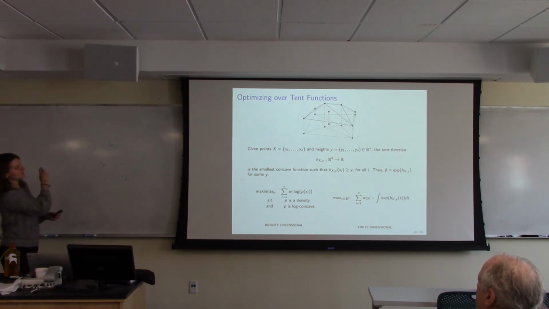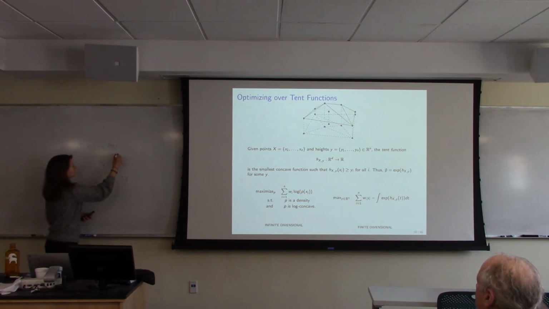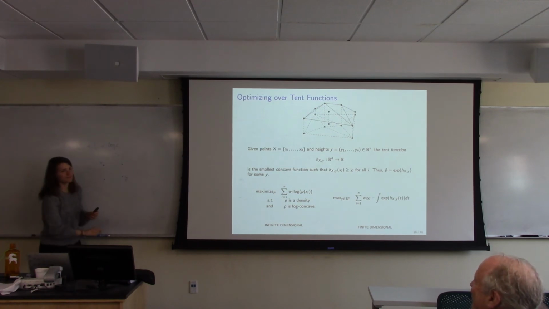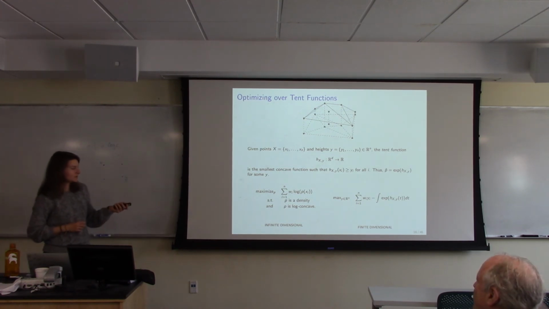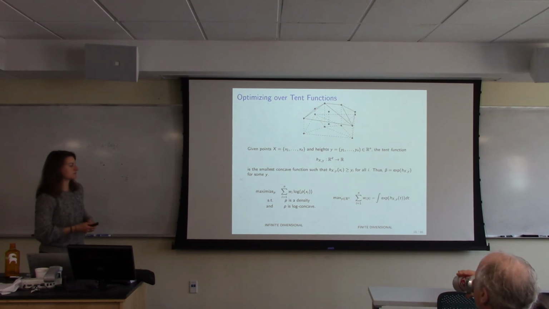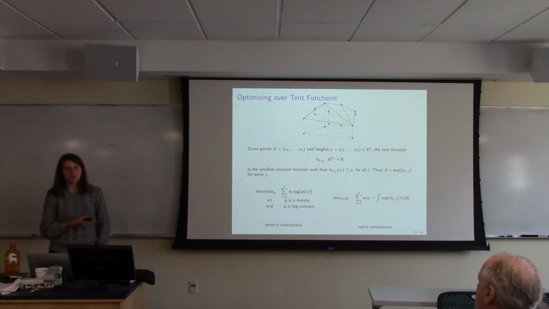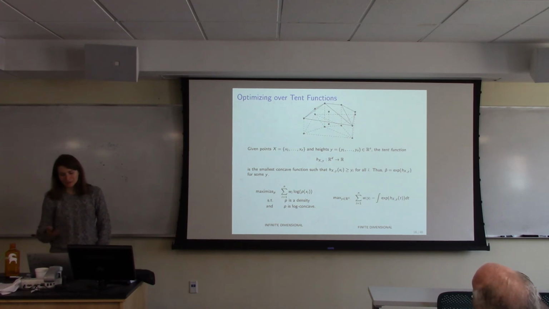So this function is always negative, but it has to be positive, so it turns out that c has to be 1. It's not very hard. So you can prove that the integral has to be 1. And so therefore now we have no constraints. We just are maximizing this function in y, and it's actually a concave function. It's not a differentiable function, so they use subgradients, and you can write an algorithm that maximizes this function. Okay, so this is how log concave density estimation is done, or that's one way.